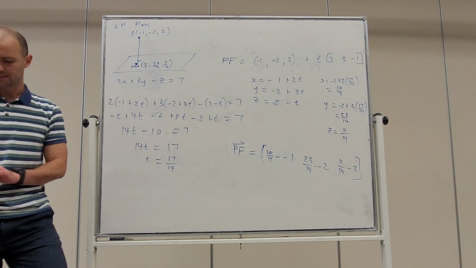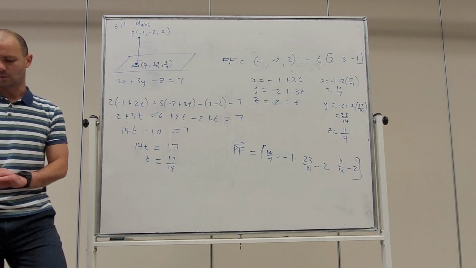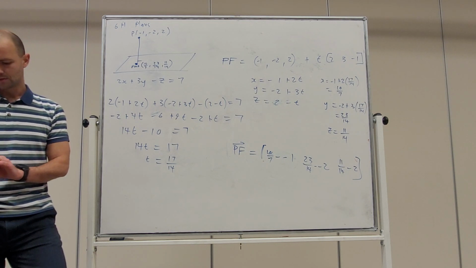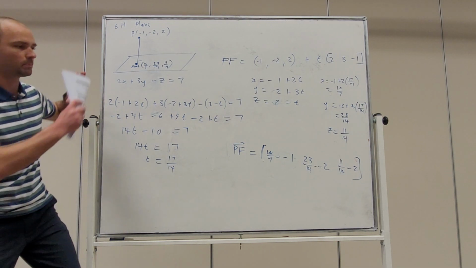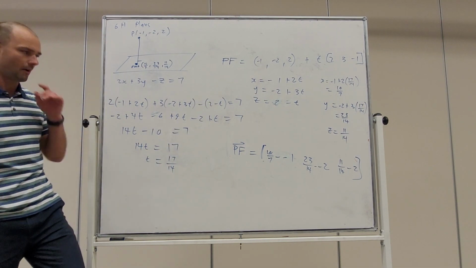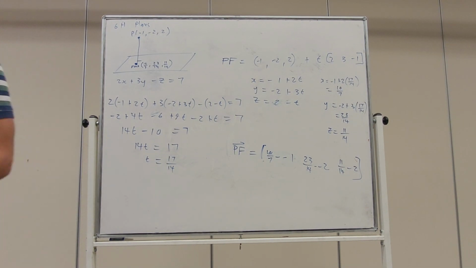The shortest distance from a point P to a plane is given by this equation, okay? So you can have a go at applying that. I just wanted to explain the reasoning behind how we can arrive at a formula like that. Obviously the formula will be a lot faster. Very good. All right, any questions about that? Cool, okay, so let's